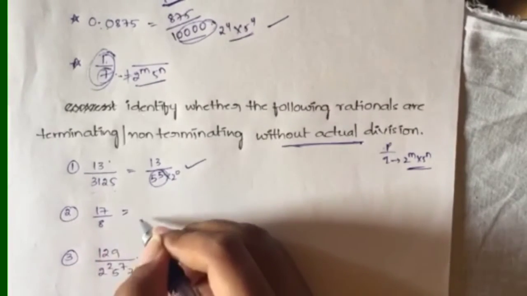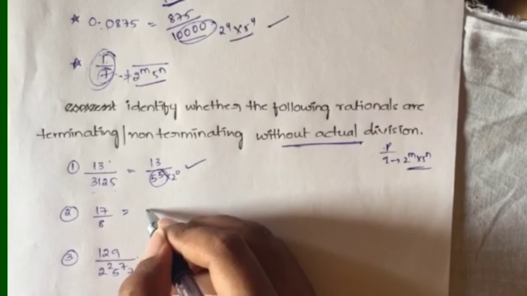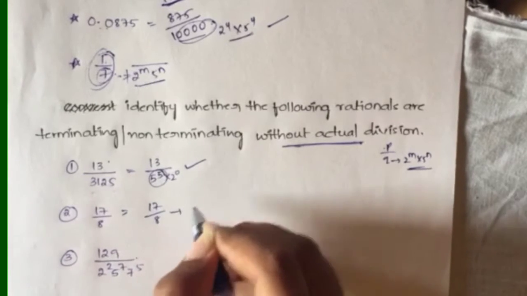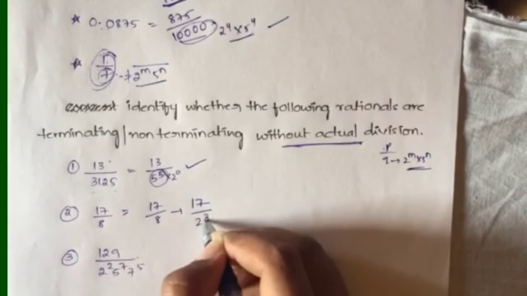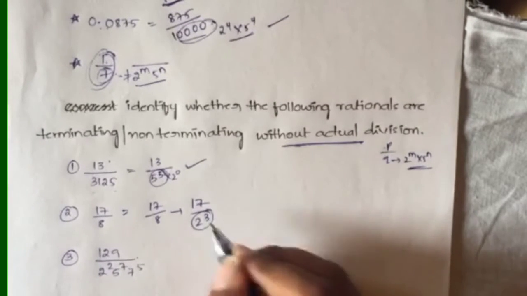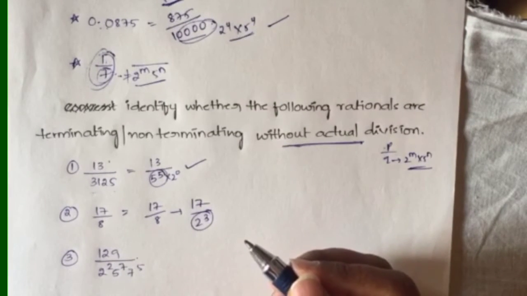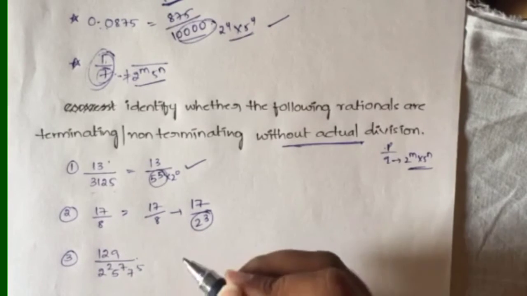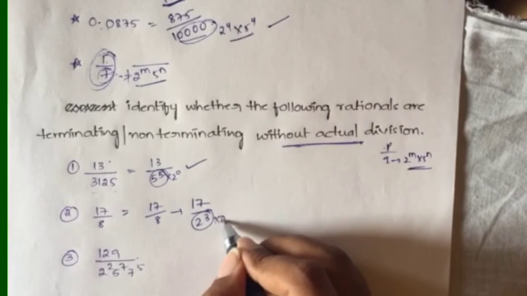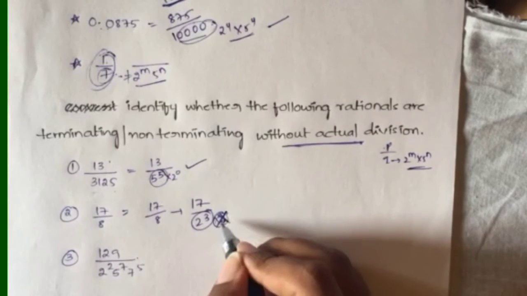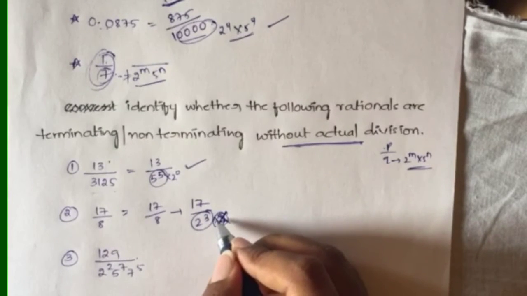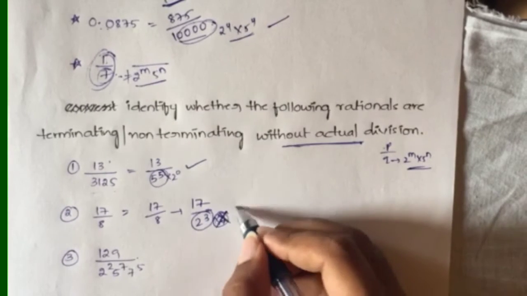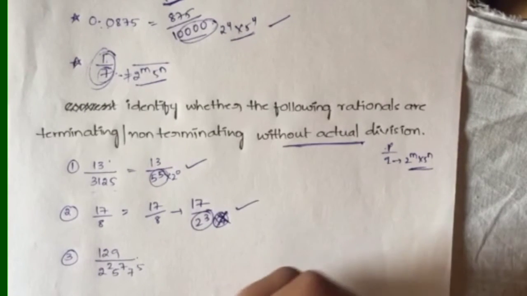Next, 17 by 8. How can you write 17 by 8? 8 can be written as 2 power 3, right? Here you are able to express it in the form of 2 power m. It is not mandatory to have 5 power n, but you should not get other numbers like 6 or 7. Those kind of other numbers you should not get. It is okay if you are not getting other numbers. So it is also a terminating decimal. Next,